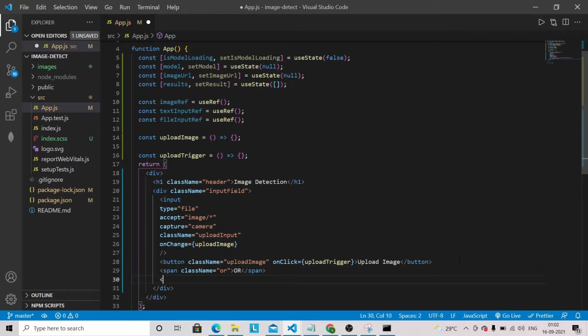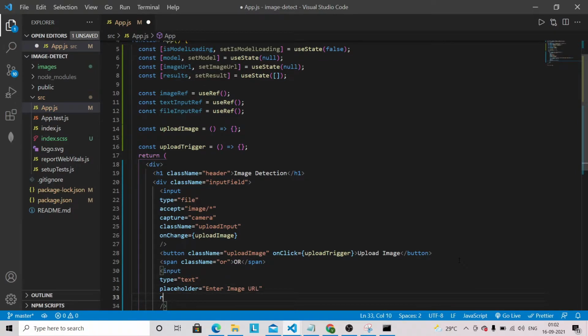And we are going to have again one input, and this will be type text. Placeholder I'm going to give here like "Enter image URL", ref.